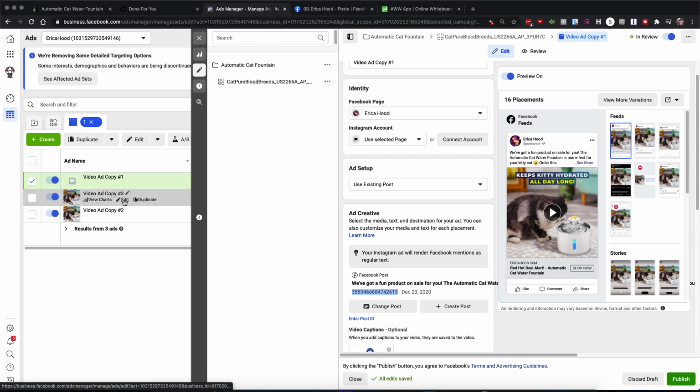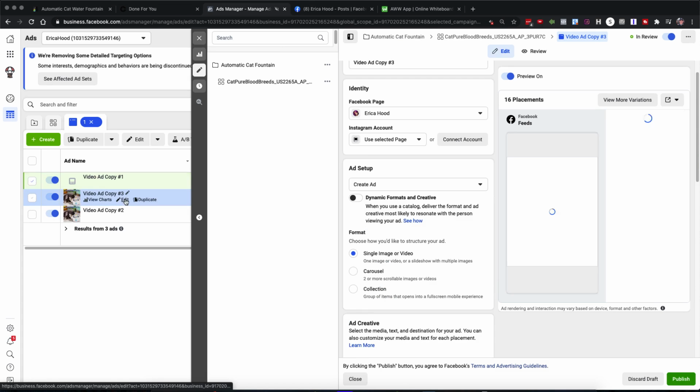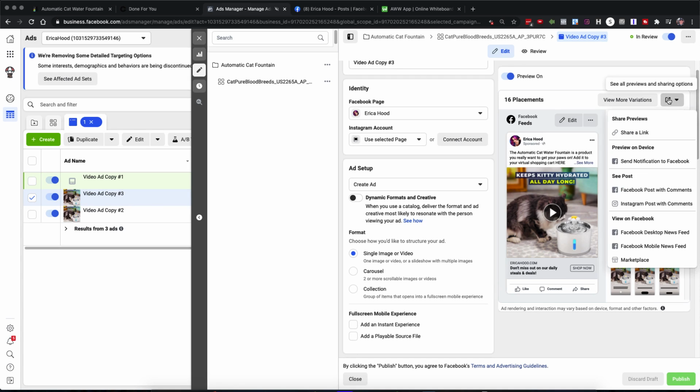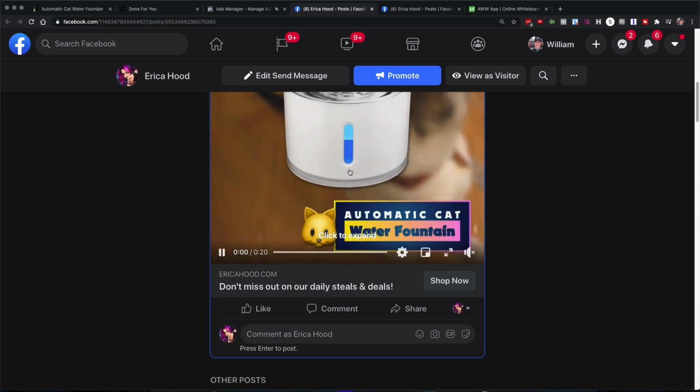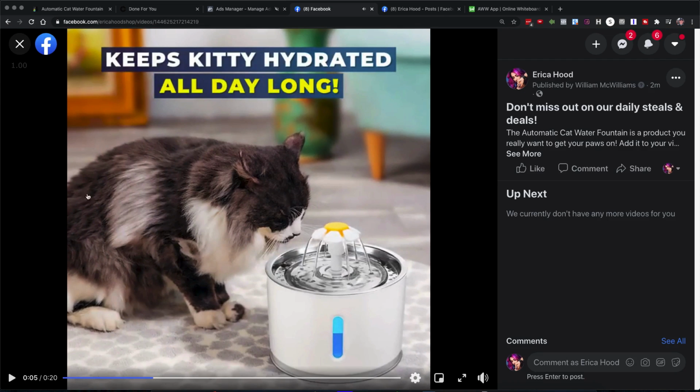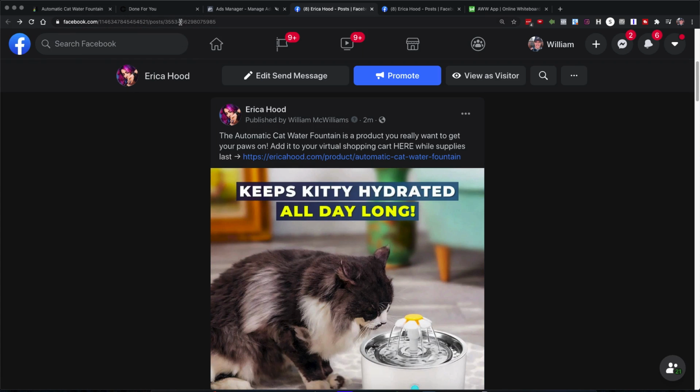So now we're going to go to the next one. I'm just going to click over here where it says Edit. So this is number 3. We're not doing them in order, but that's okay. On this one, I am going to go ahead and open it up just in case. Facebook post with comments. Click on that, and that opens up the post. I'm going to go down here, and I'm just going to pause it once it starts. Okay, let's close that. At the end of the link up in your browser, that last number after posts, that's your